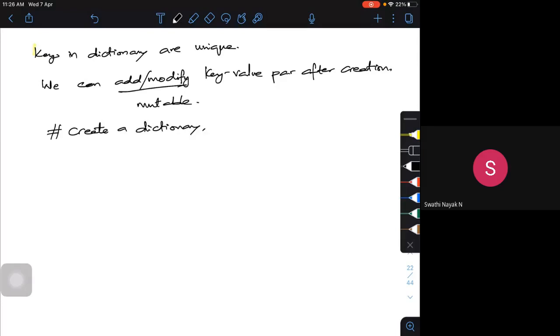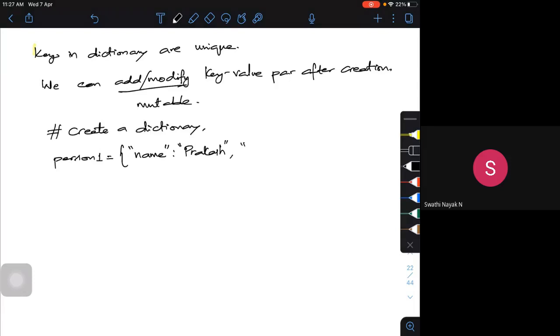Let me call it person1. person1 is equal to, I will open with a curly bracket. The key is name, followed by a colon. Let me call it maybe Prakash. Prakash is a string, so I have to put it in quotes. Now a comma.